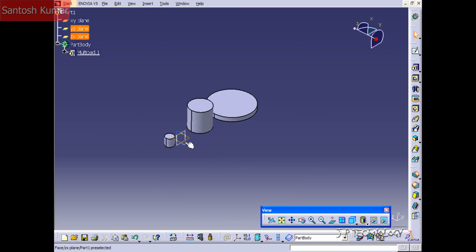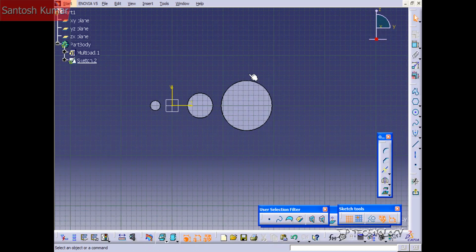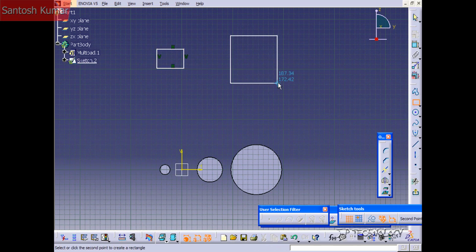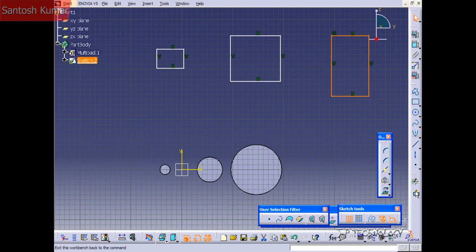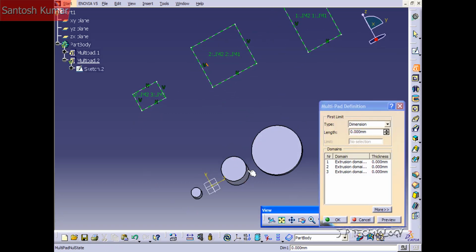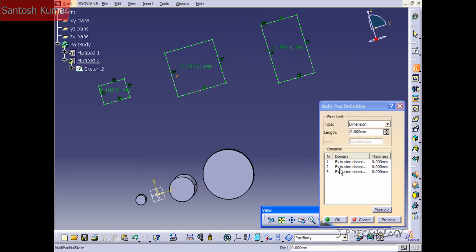Now let's do a few more. So let's click this plane here, click Sketch, and let's do a few squares. So let's draw some squares up here. And let's exit this workbench. And from this sketch, we're going to do some more multi-padding. So let's click multi-pad, click on the sketch, and again we have 3 sketches and 3 different extrusions to play with. So let's click number 1,